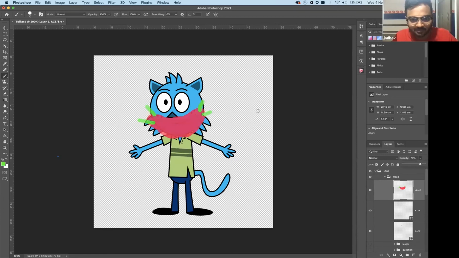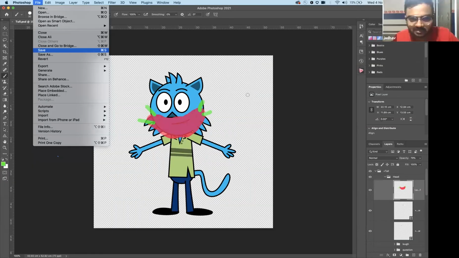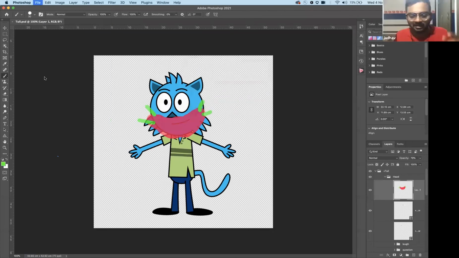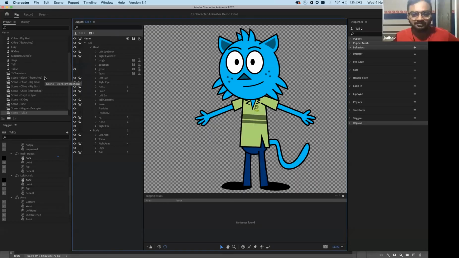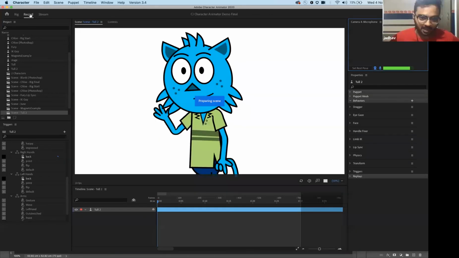Okay. So I'll just press Command S to save the file. I go back to Character Animator, and the mask should come up. Where are you? Mask, come up. Did I save the file? File, save. Oh, it's a nested layer. Okay, no worries. So I'm saving the file. I come back to Character Animator, and yes, now the mask will come up. It's analyzing, and there is a mask. If I go back to record, you see my rig is now updated with the mask.